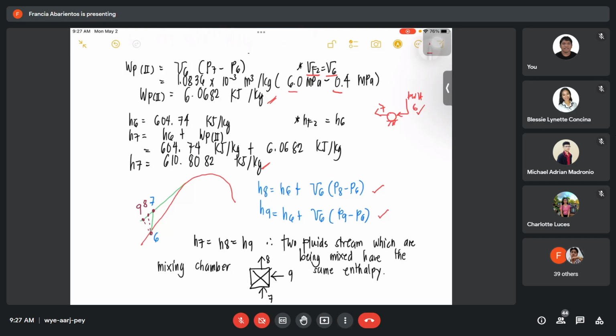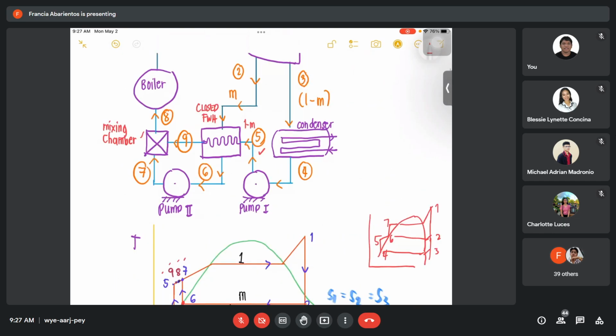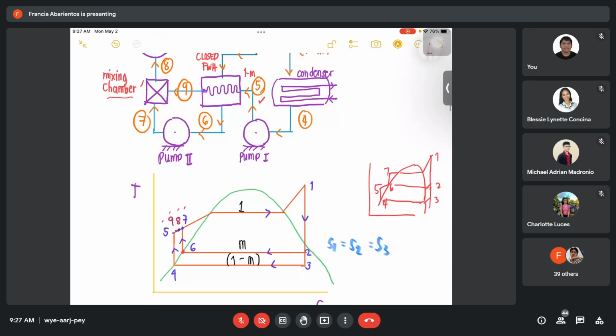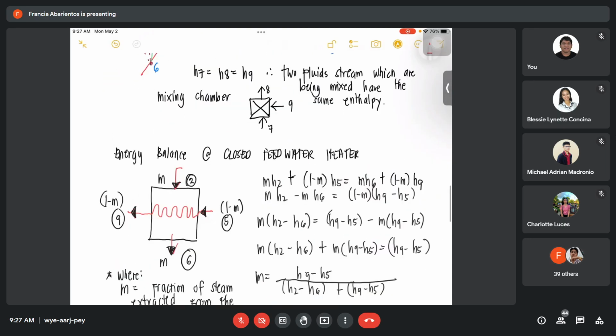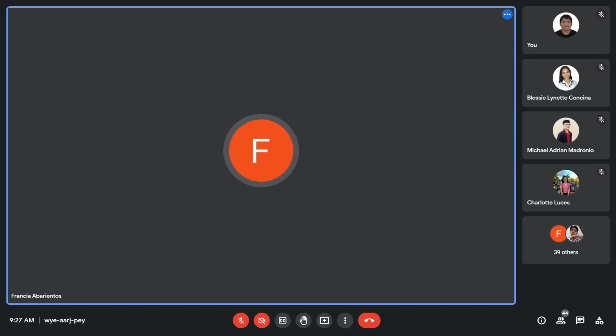Since this is a mixing chamber, yan, dito class, mixing chamber siya. So, pag mixing chamber class, automatically, when two fluid streams are being mixed,